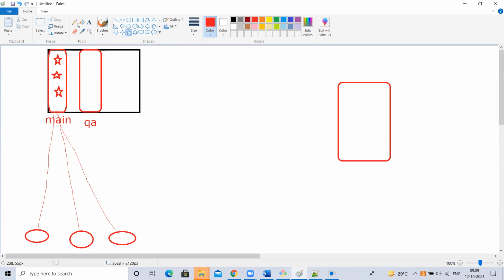In that, 3 files are there. For example, I'll create one more branch as QA, the QA branch. I'll move the same changes here. Whatever is present on the main branch, all the changes I'll move to the QA branch. Done. Now I'll use this QA branch to deploy into the QA server.